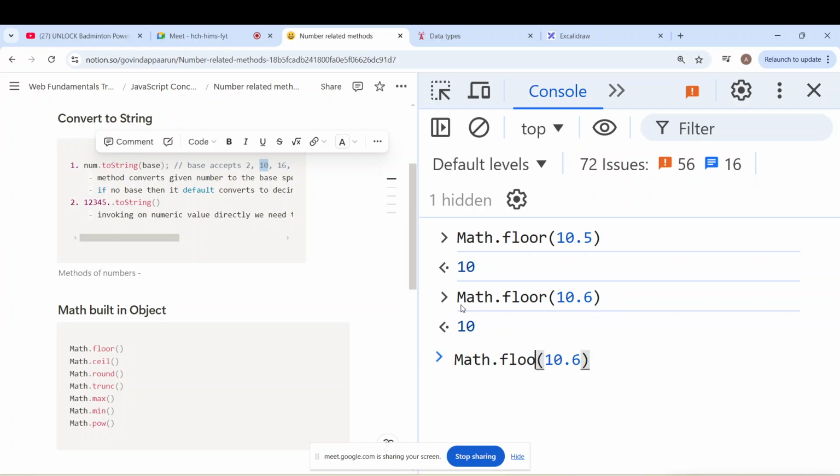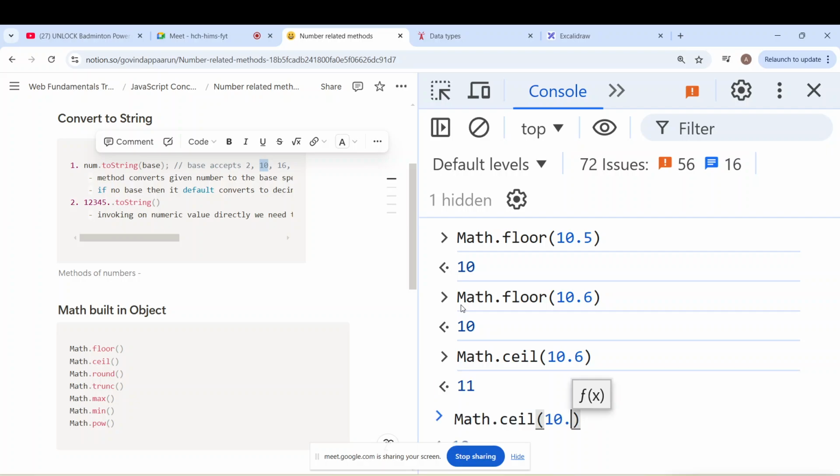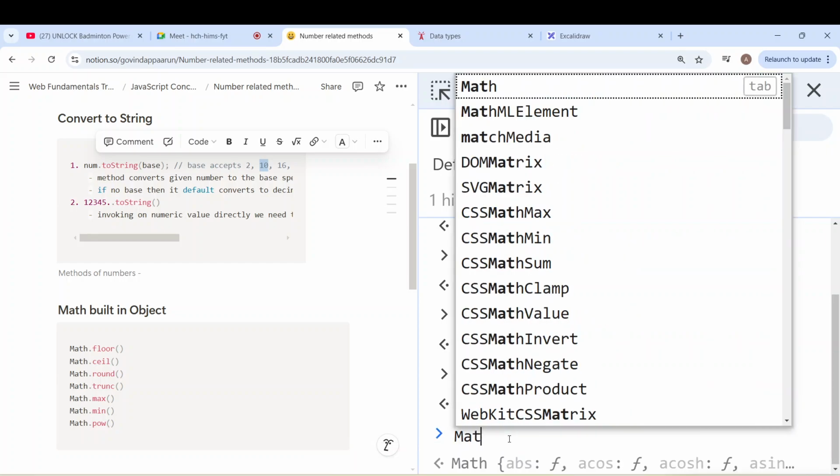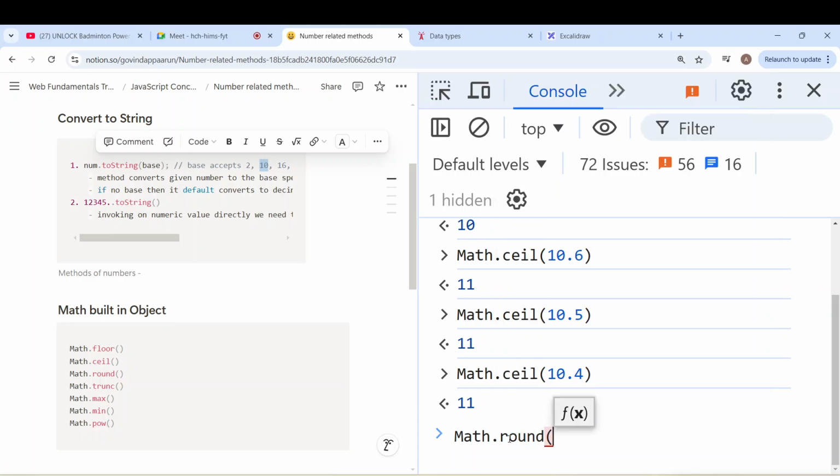Whereas if I put ceil of 10.5, it will take the next digit. 10.4 ceil, next digit. So you know these function names very well. Floor will give you the previous value for a given fraction, ceil will give you the next value. What about round? If I say Math.round of 10.4,